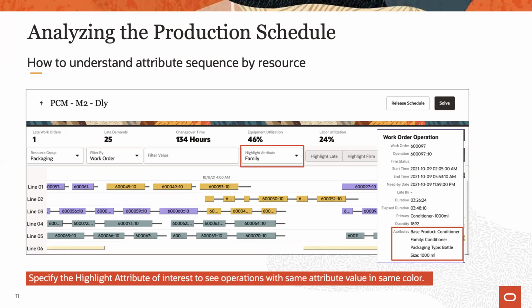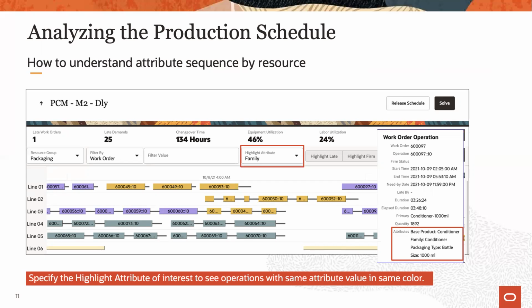Evaluating attribute sequences is relevant for many customers and can be achieved via different means. One option is to specify a highlight attribute, which then shows all work order operations in their assigned attribute value colors. In this example, operations with the same family attribute value are shown in their assigned colors.